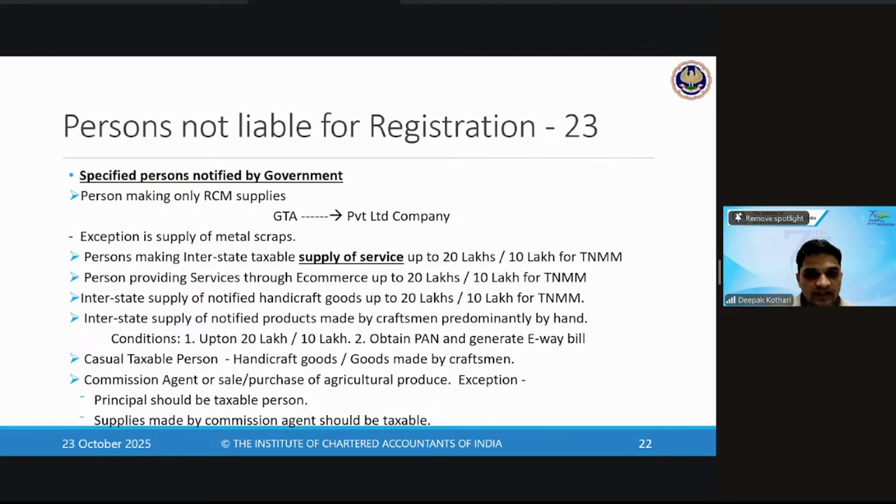Sir, horticulture, sericulture, fisheries, is registration compulsory? No, agriculture includes fish, horticulture, sericulture, so that's why they can claim exemption. But if it's a firm, then yes, they will have to register. Horticultural company, sericulture company, fisheries company, they have to take compulsory registration. Of course, the limit of 10 lakhs and 20 lakhs will come in for that.